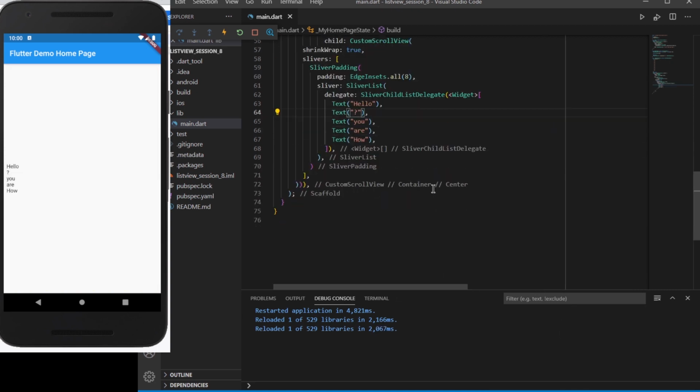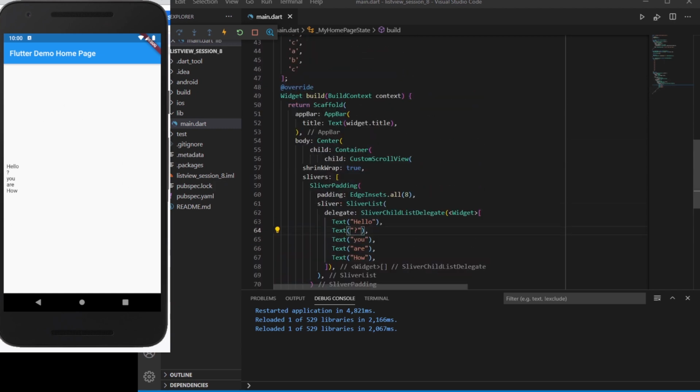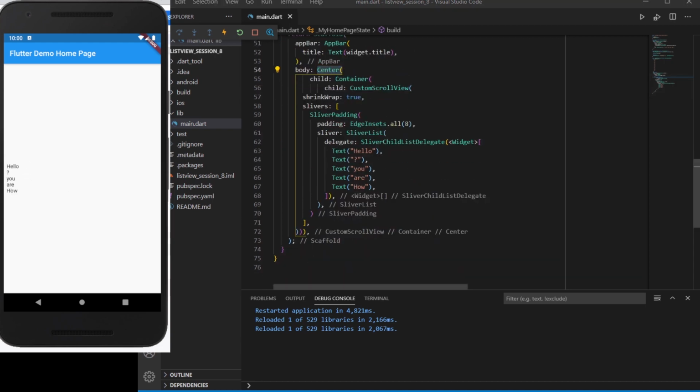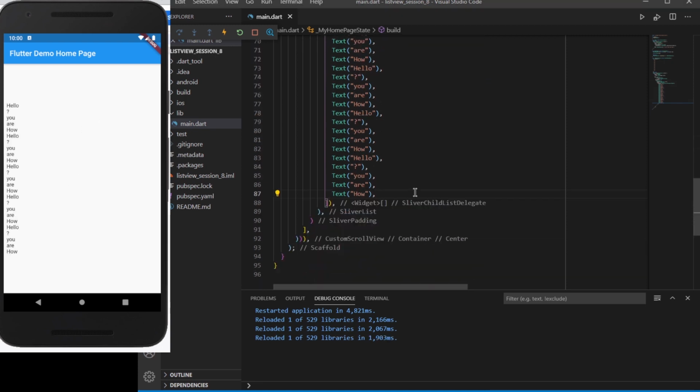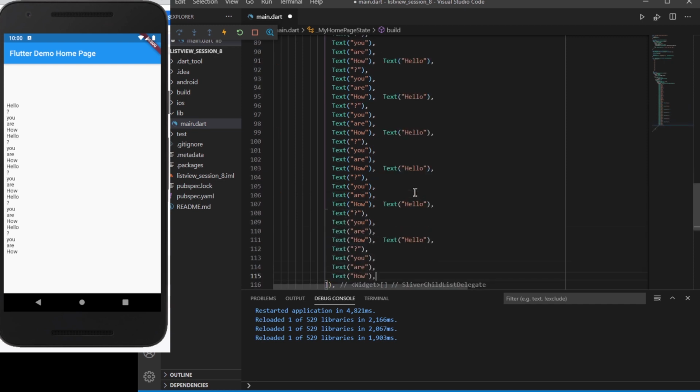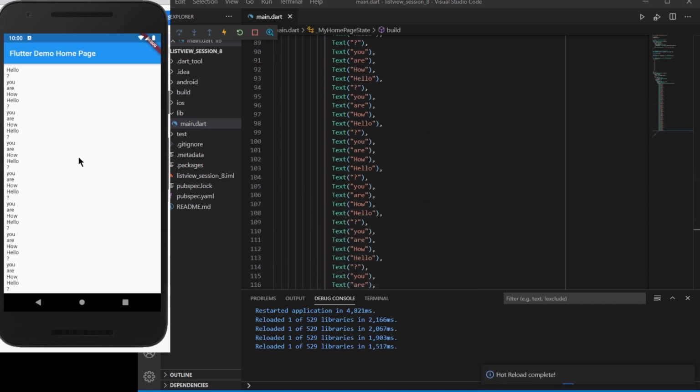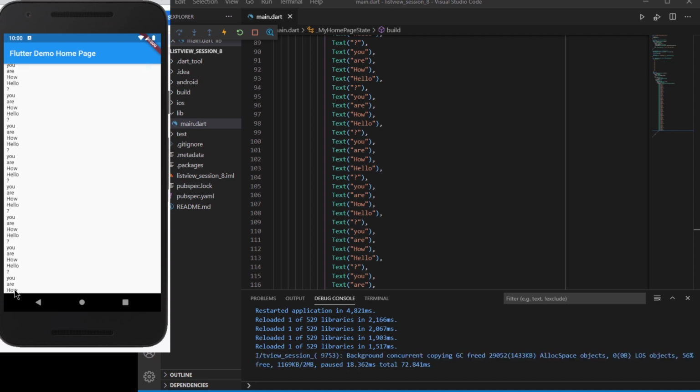So you can see here, after I have added these items to it, it is displaying all the items of this particular app, as we have used center as a top level widget. So it is displaying all these items here in the center. Now what if I add very similar items multiple times? So let me copy these and paste them multiple times. It will be displaying these items in the form of a list view. So you can see here that it has displayed the items in the form of a list view. So this is basically another way through which you can display list view inside